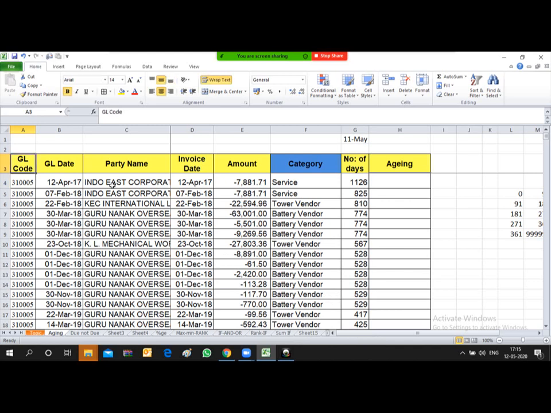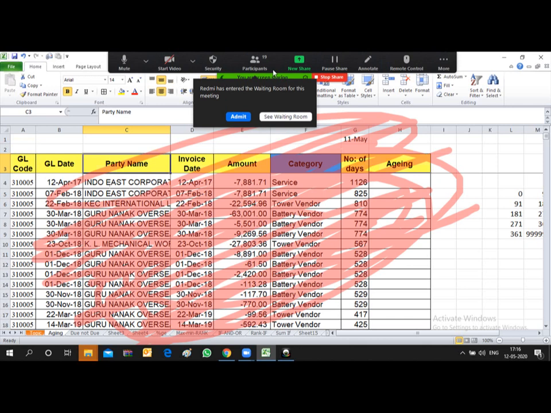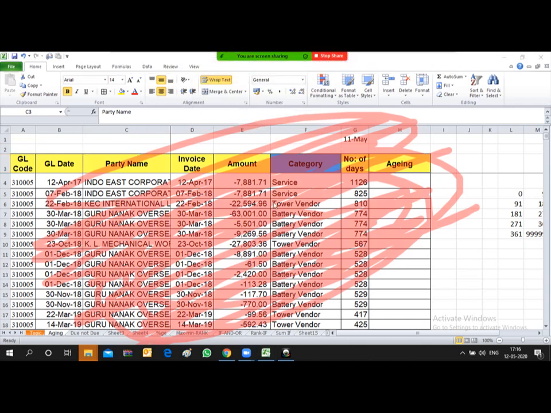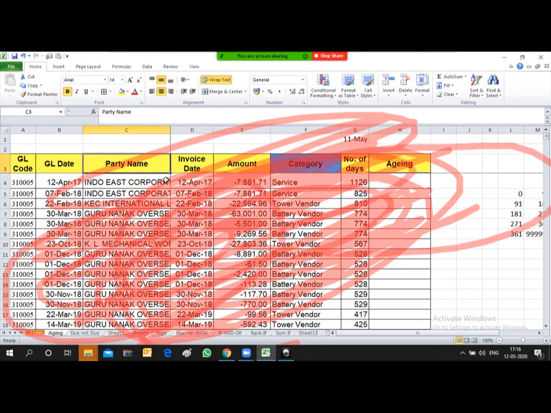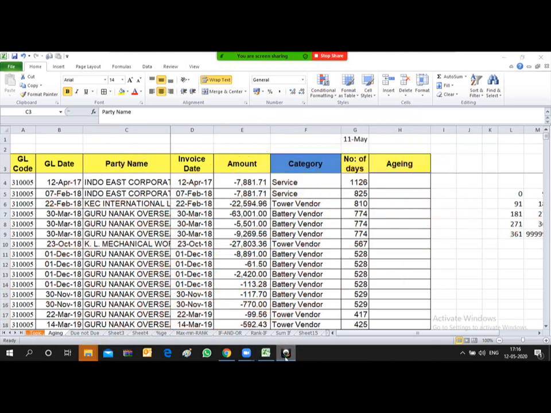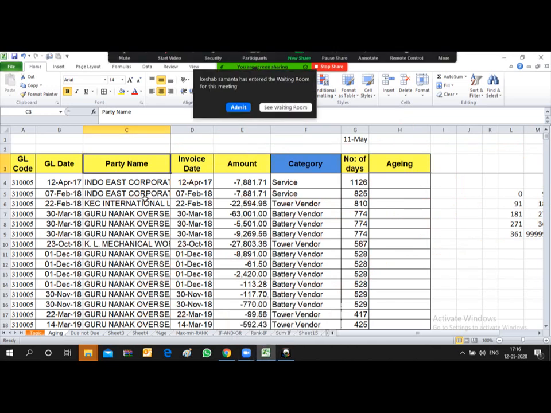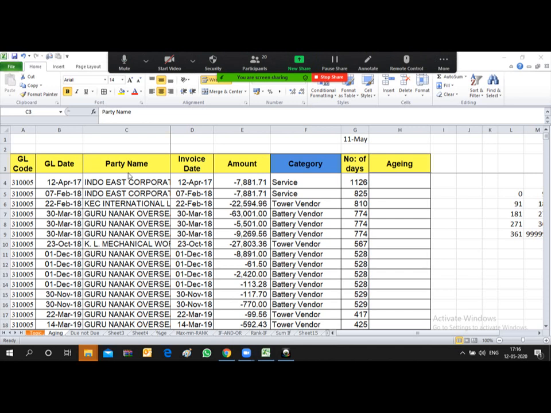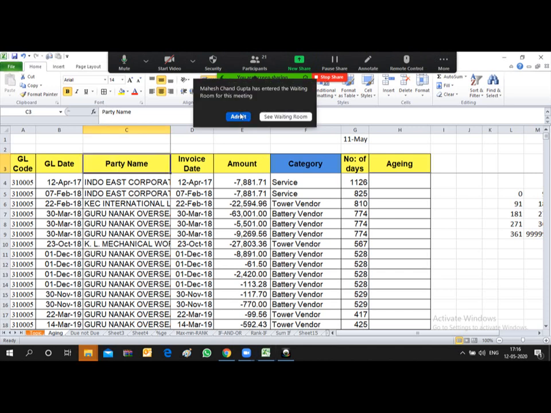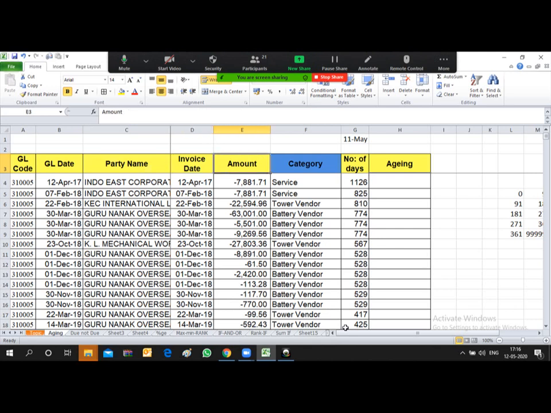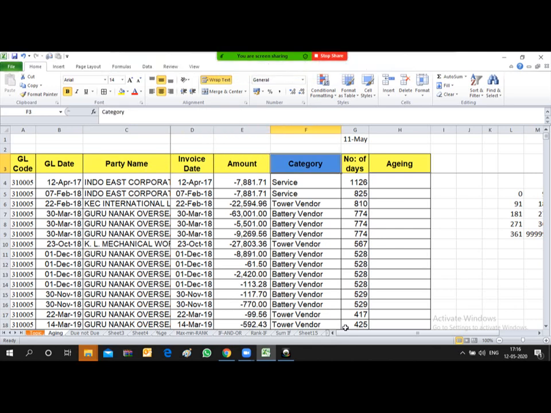There is a GL column, the code of the particular ledger, then the GL date, the date on which the entry is done in the system, then party name, invoice date, invoice amount, category, a kind of item for which the vendor is, and the number of days that the invoice remains outstanding since the entry into the system.